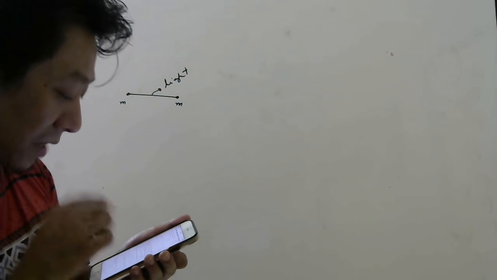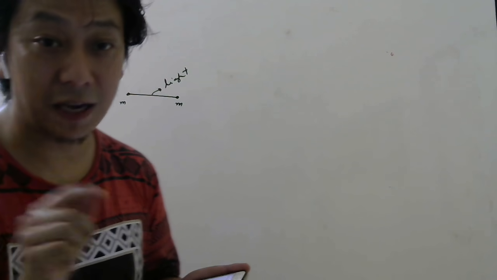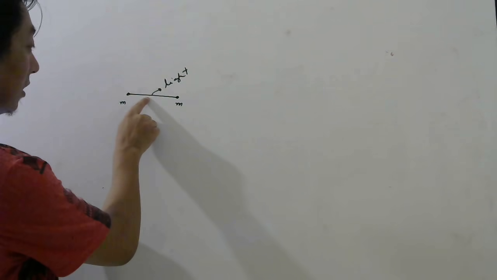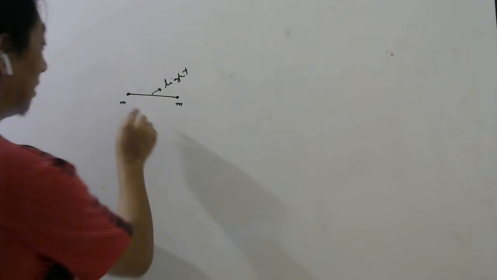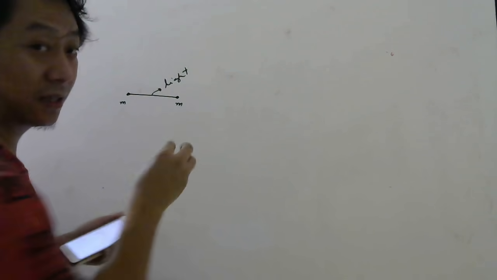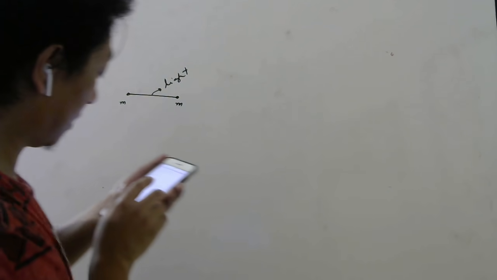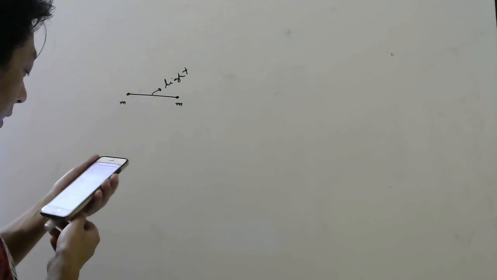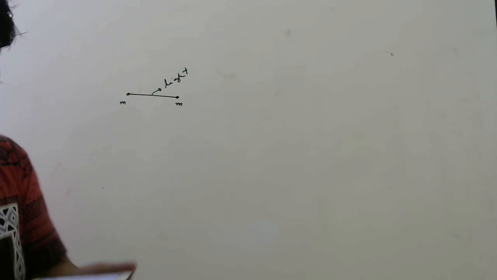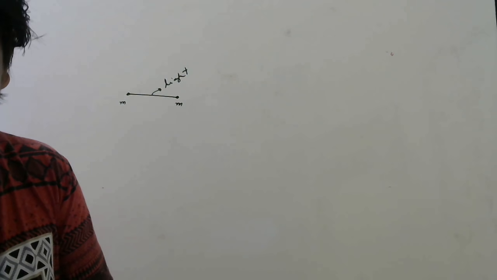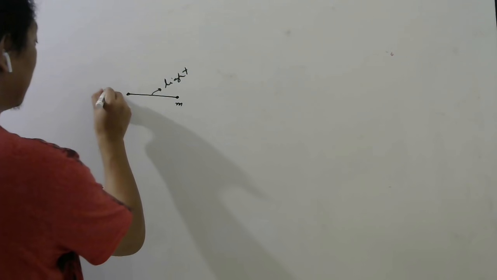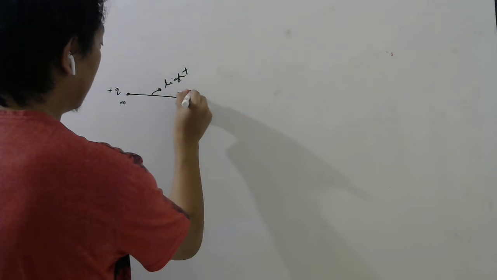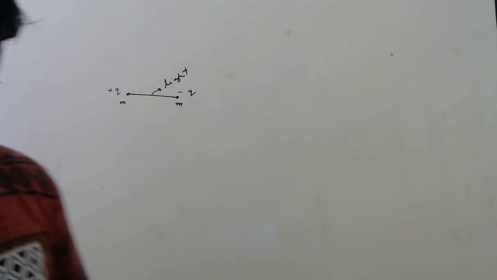Massless rigid rod, they say, massless, and non-conducting also. So this is non-conducting, it is massless, and they have put two particles at the two ends of the rod. Now the two particles carry charges plus q and minus q, they are saying. So they carry charges plus q, minus q. So you can now see it becomes a what? Electric dipole.